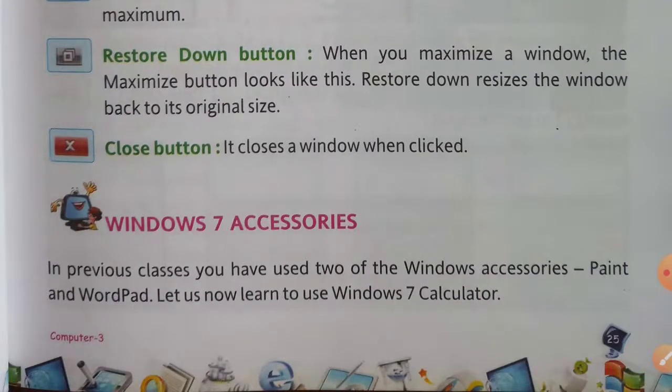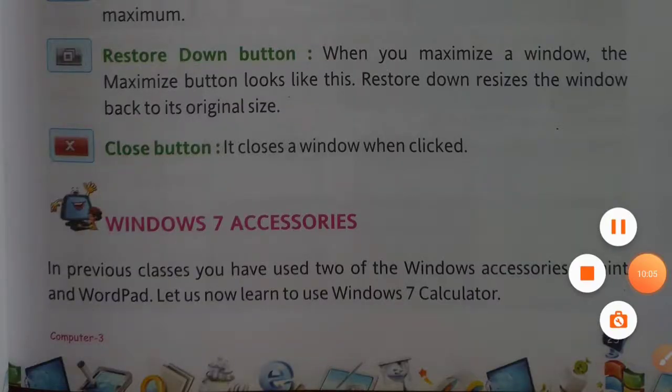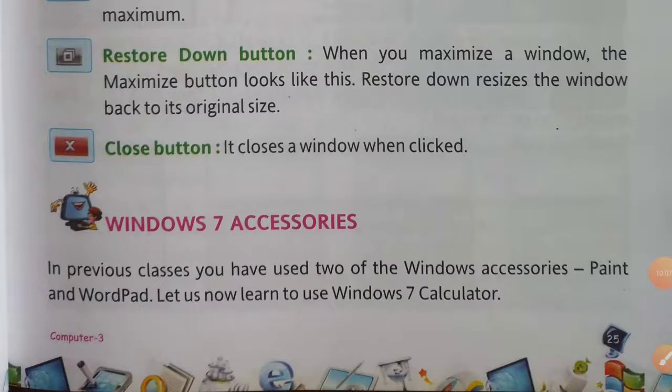Windows 7 accessories. In the previous classes, you have used 2 of the Windows accessories, Paint and WordPad. You have already learned how to open Paint, how to work, how to open WordPad, and how to work on the WordPad.